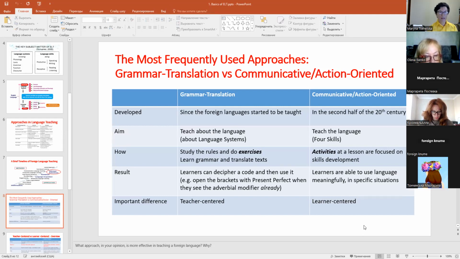Today at conferences and seminars, we tend to discuss this difference between the teacher-centered classroom and the learner-centered classroom. And I would like to suggest a different idea for both of these,